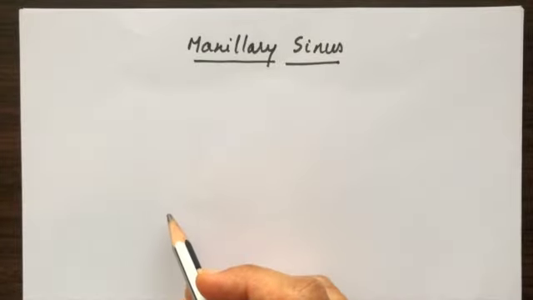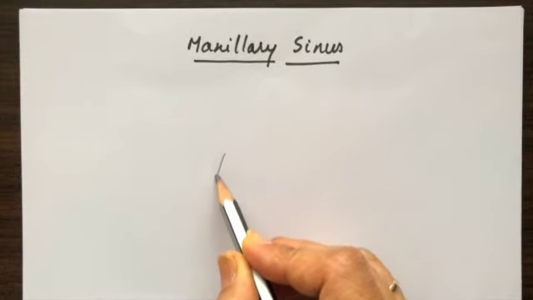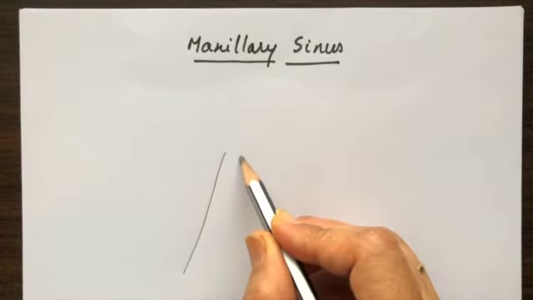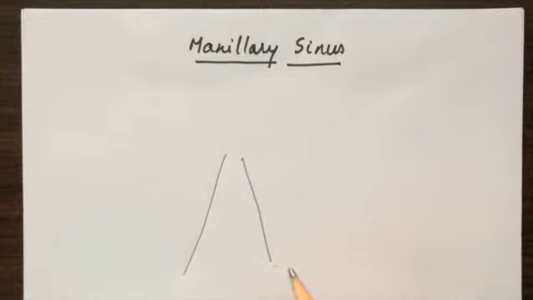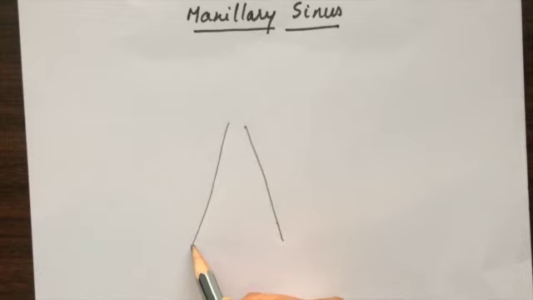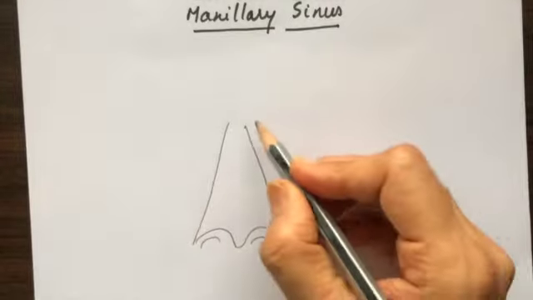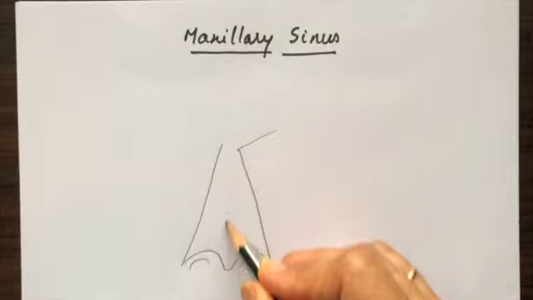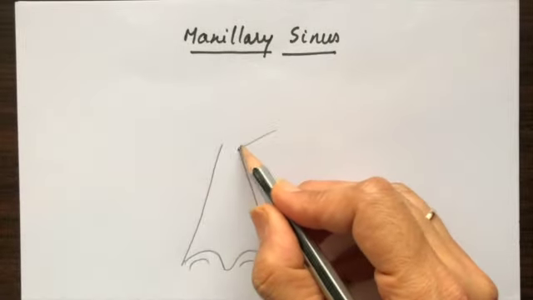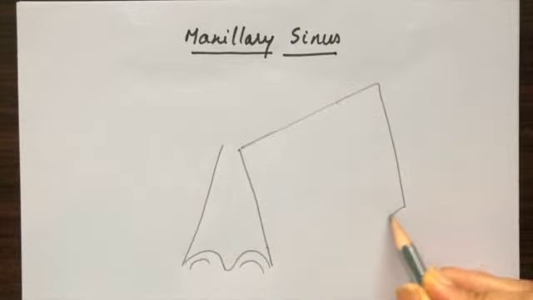What are paranasal sinuses? These are basically invaginations from the nasal cavity that drain into the spaces associated with the nose, especially the lateral wall of the nose. So if this is the nose, and this will be of course the medial wall, and here is the lateral wall, just a diagrammatic representation to show the